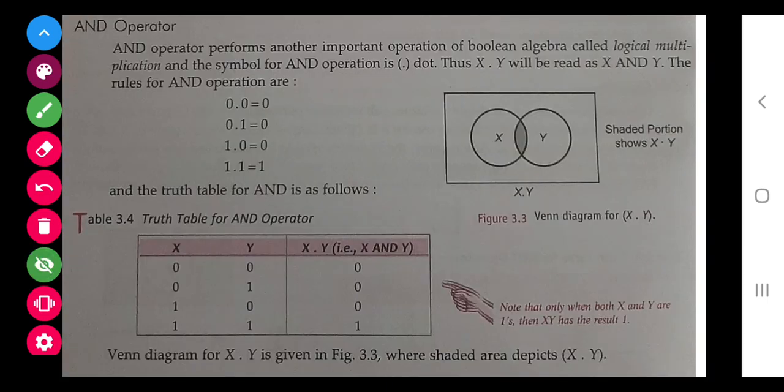Now talking about AND. AND is denoted by this dot. Here you can see, now how does it work? It works like this: if both the conditions are true, then only it is true, otherwise it is false.